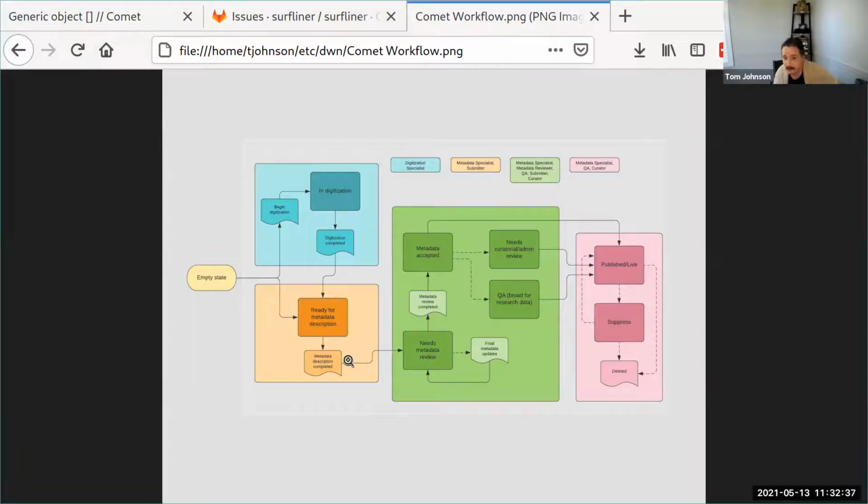It may be normal for objects to go back into metadata review as a part of some kind of reconciliation project, or for other kinds of ongoing maintenance or review to be happening after they've reached this is-available-to-the-public